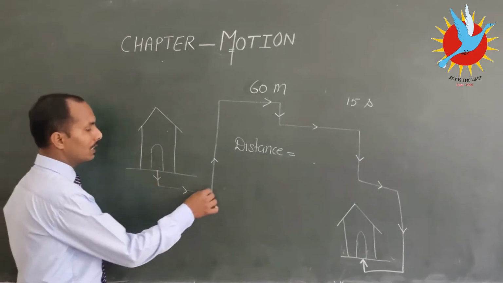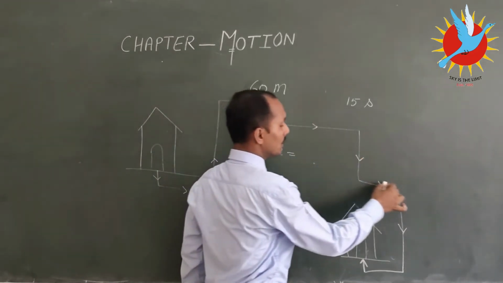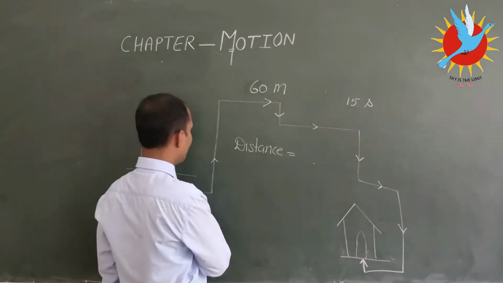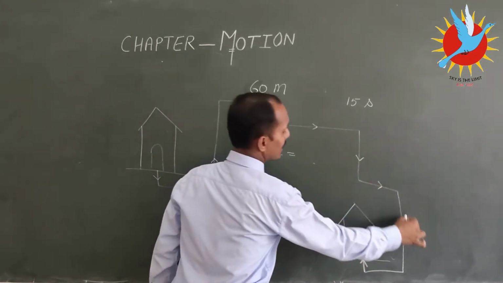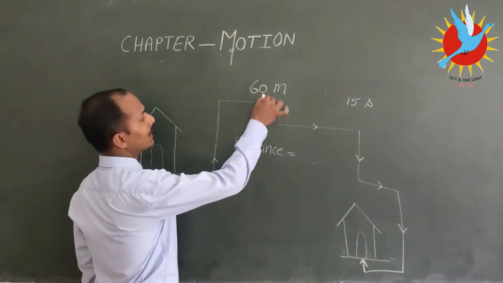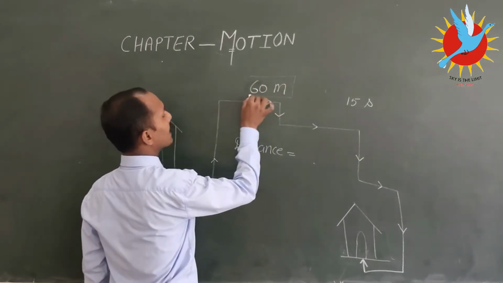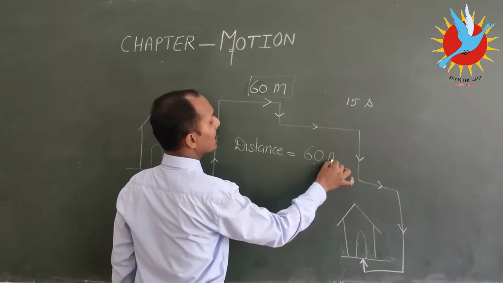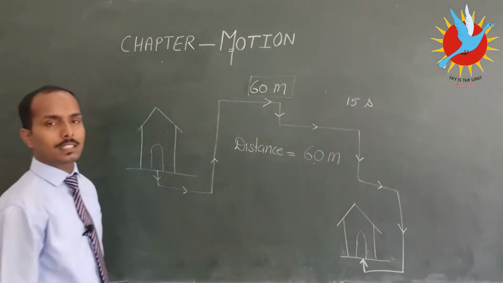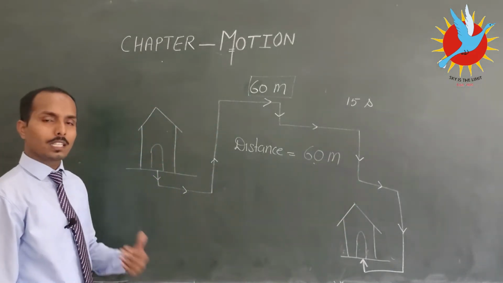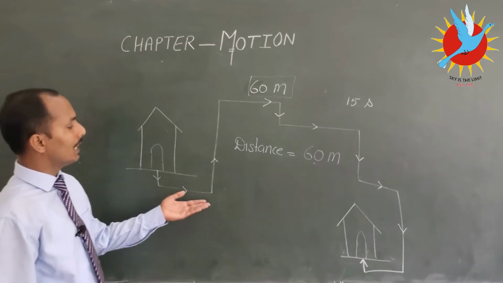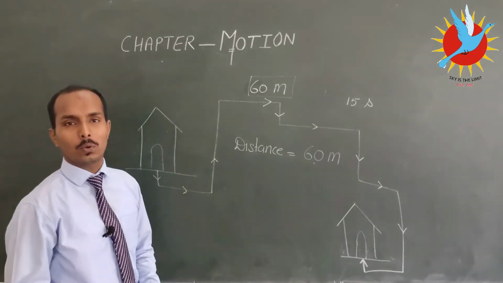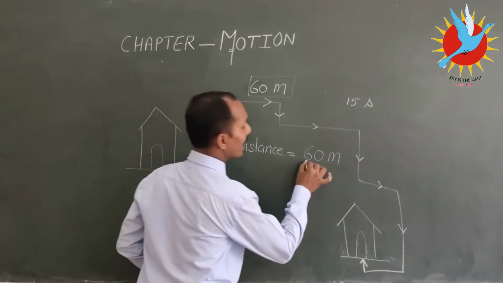This path is followed by you, so this is the distance, and it is equal to 60 meter. We know that distance is a scalar quantity, so it has only magnitude,